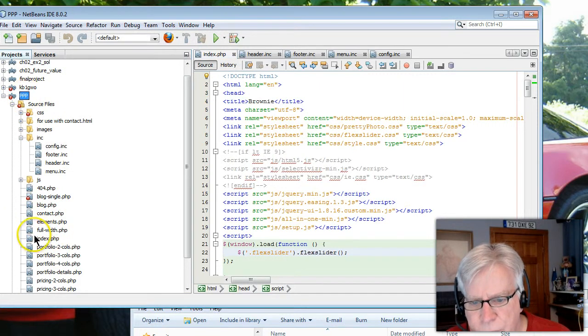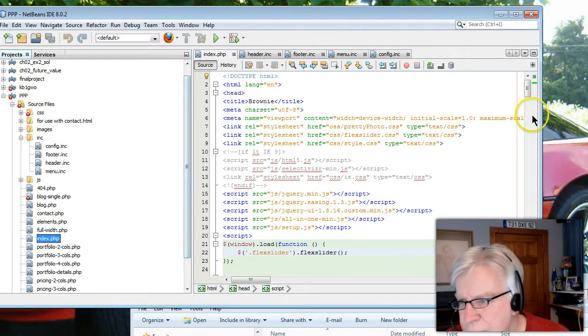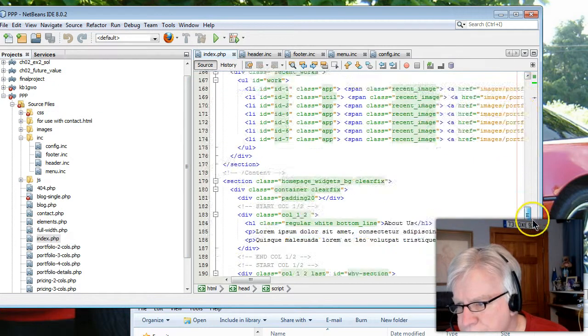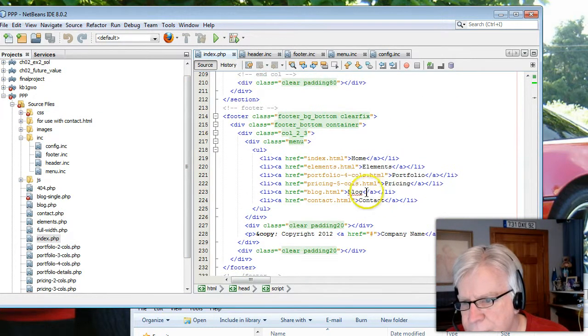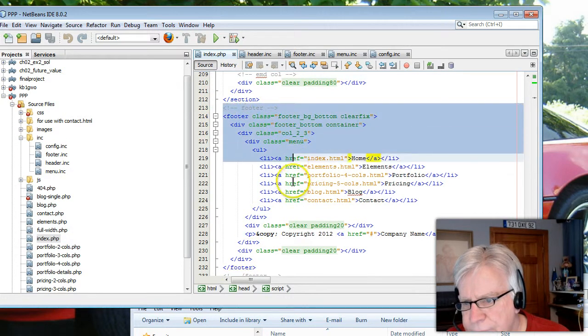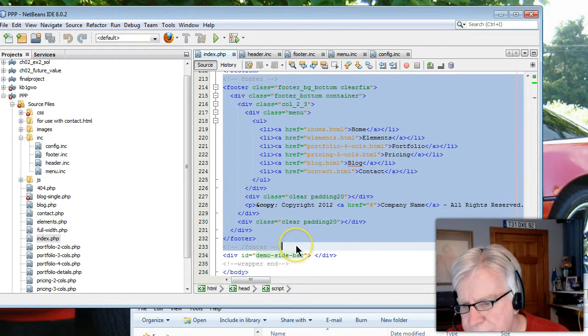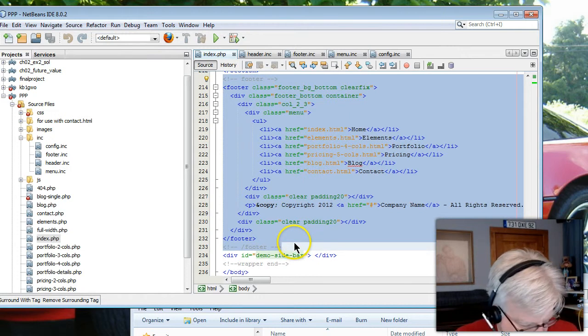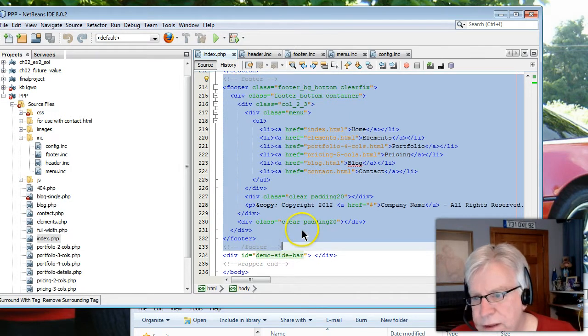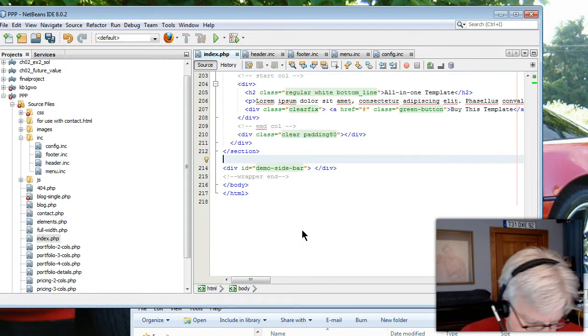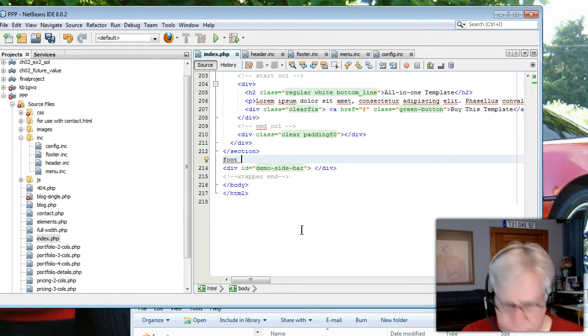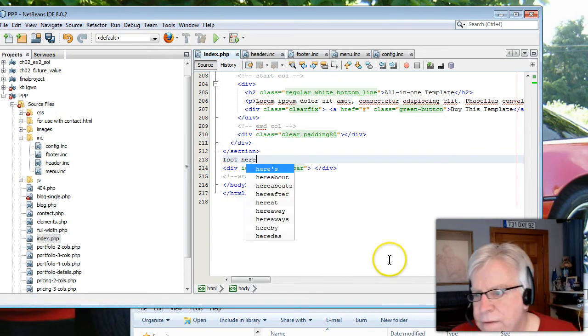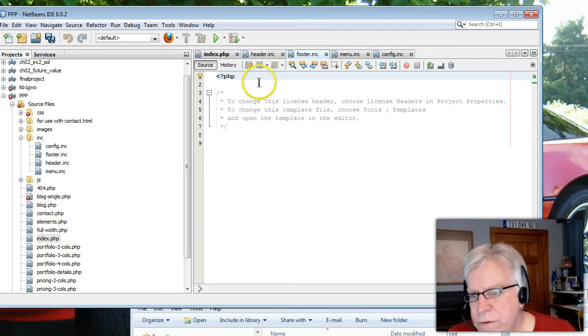I'm going to come down to the bottom and see on line 213, I'm going to cut that entire piece of code out, save, and put foot here temporarily, and I'm going to go to the footer include file,